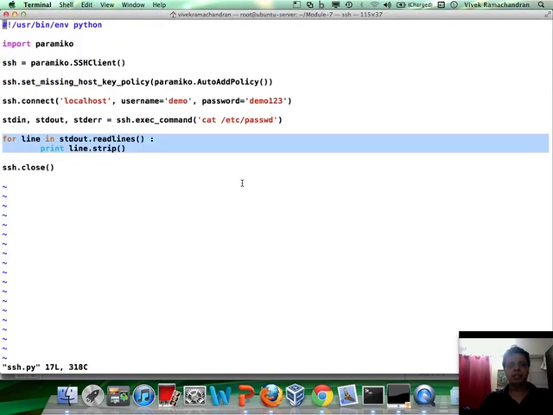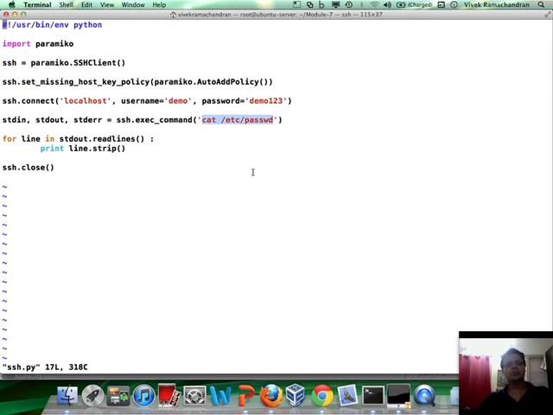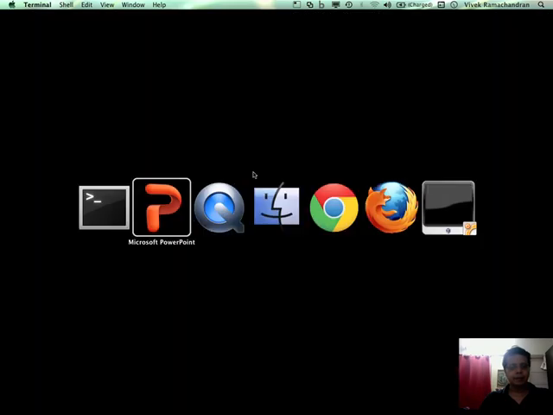So the best part is that you can run remote commands. It doesn't necessarily have to be as simplistic as cat /etc/passwd. You can run complicated ones. You can even run programs which may stay resident, and you interact with them, send them various parameters and all of that stuff, right? Awesome. So coming back,